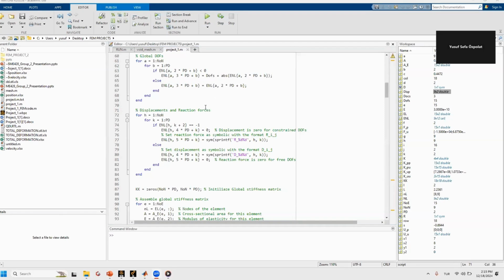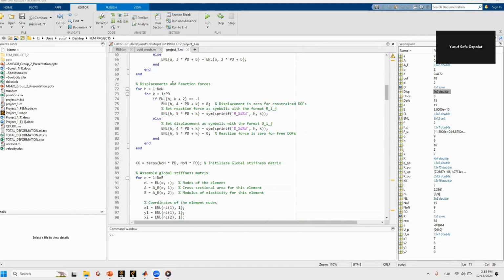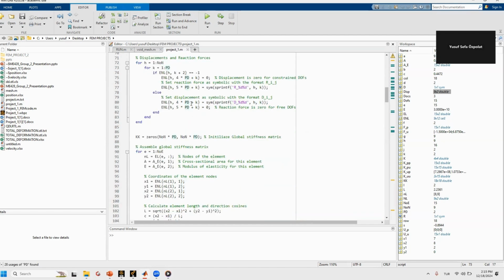So finally, to complete our extended node list, we are creating our displacement and reaction forces. So as we did before, these are rows and columns that clarify our inputs. So we will check our boundary